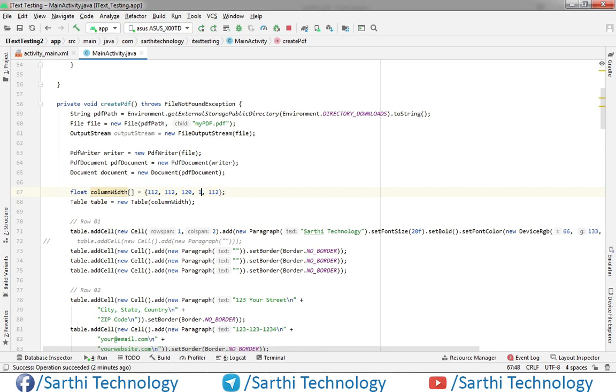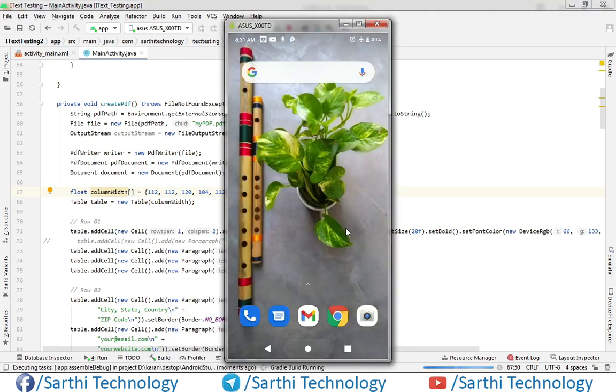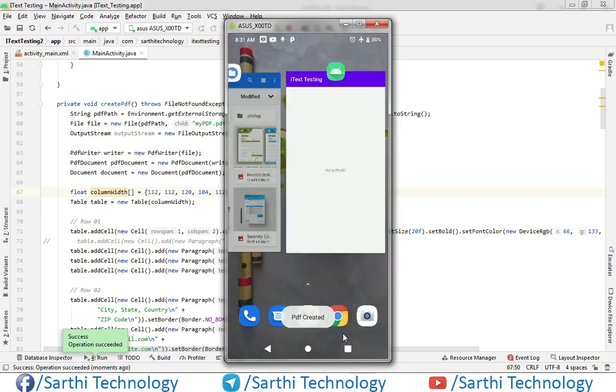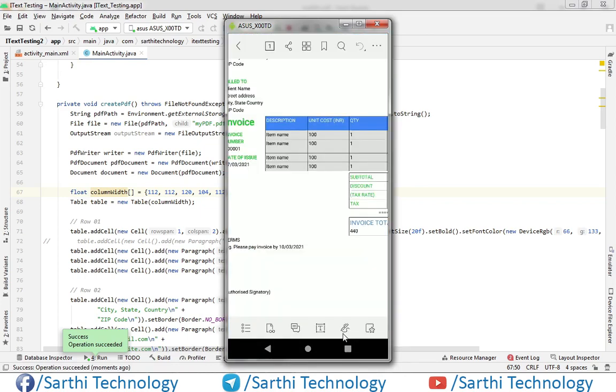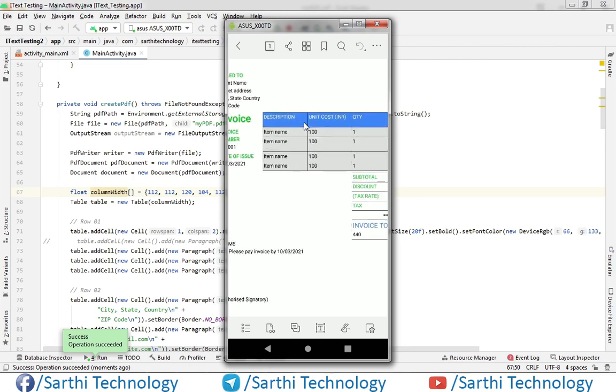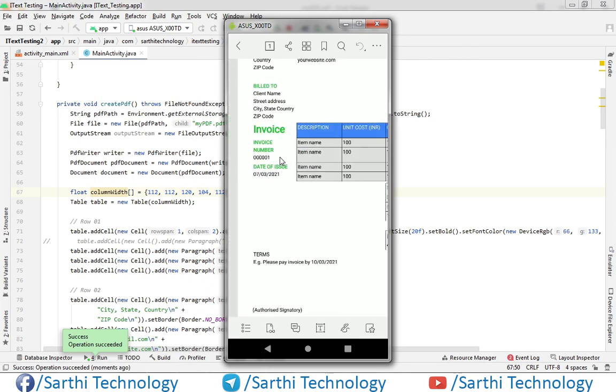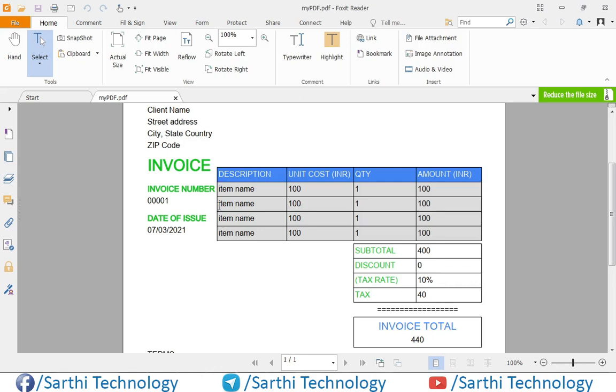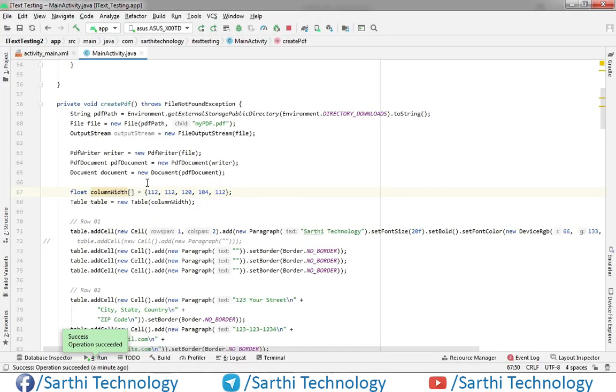Okay, and now run this. Now you can see we have this invoice, and this is looking okay. So this is coming in 2 lines, so we can also increase this, but that you can do.